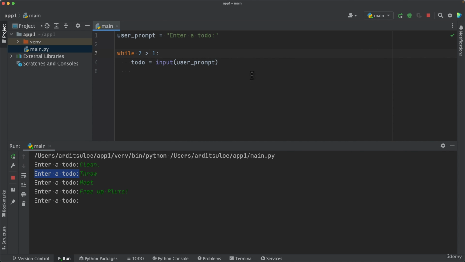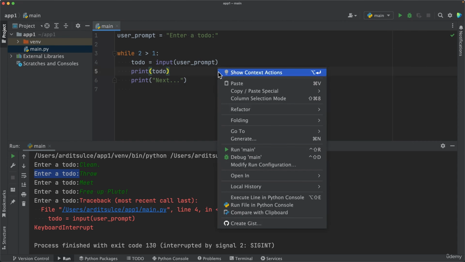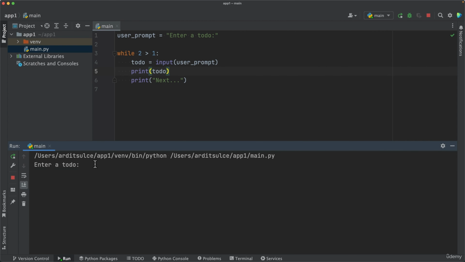To understand this better, you can stop the program, use this button to stop it, and then you can print out the to-do and maybe print out next, like that, and execute. So enter a to-do, clean. So you see that